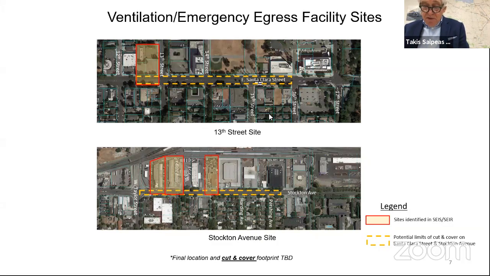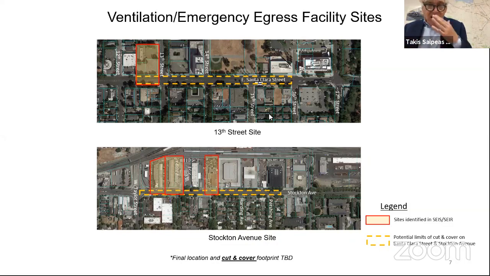For that, based on the geometrics of page 6, we sketched for you that we mine the underground box, the cut-and-cover box, if you like, has to go something like 1,000 feet, 1,200 feet at the ground on Santa Clara Street. And a similar approach is on Stockton Avenue. And on Stockton Avenue, as I understand it, 3 alternate locations were cleared in the environmental document to put the service house, if you like, the ventilation service.